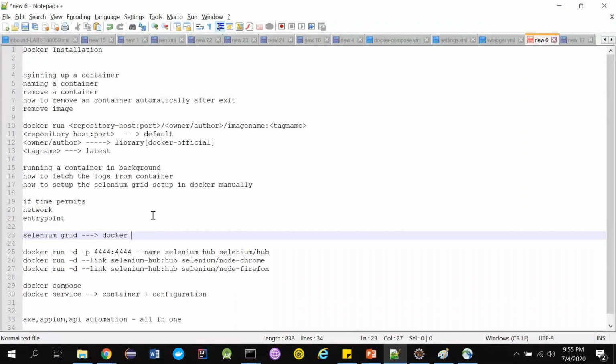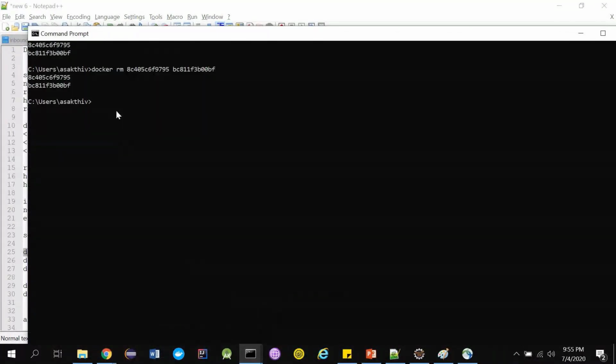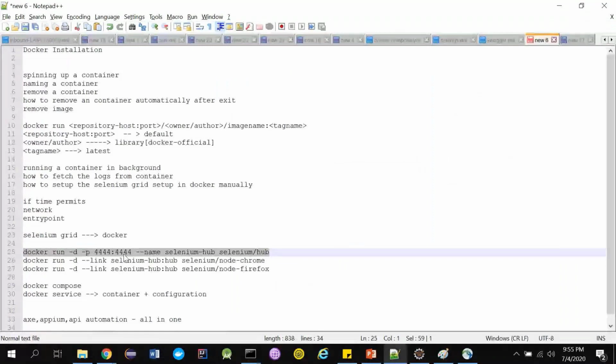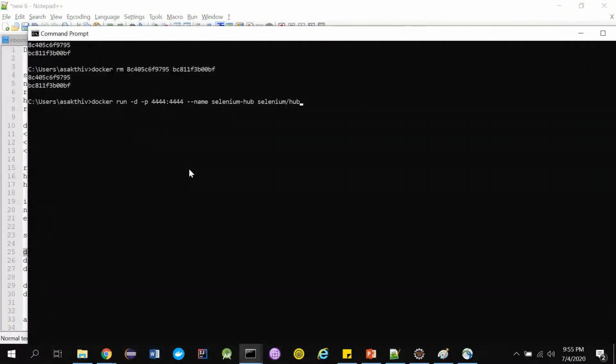So what the Docker guys have come up with, they have done the hard things themselves, so they have given us something very easy to use. You can spin all of them up at once, and then you can spin down all of them at once, right? So this is the command, guys. So I will explain what the command is. If you see, docker run, you already know. -d is to run in the background, and -p is for exposing your port, guys.